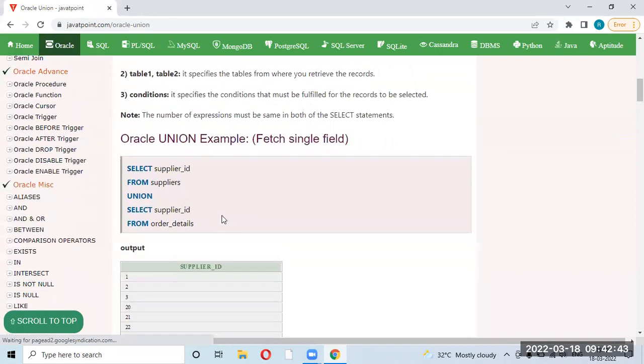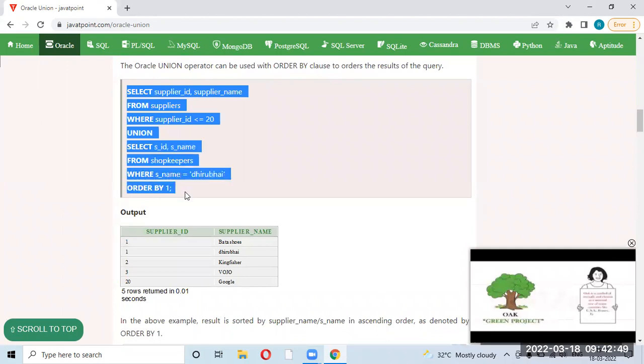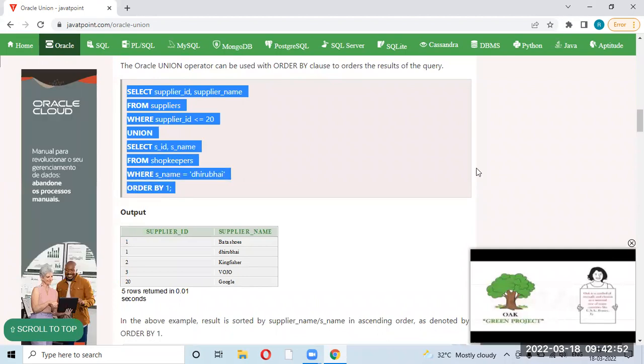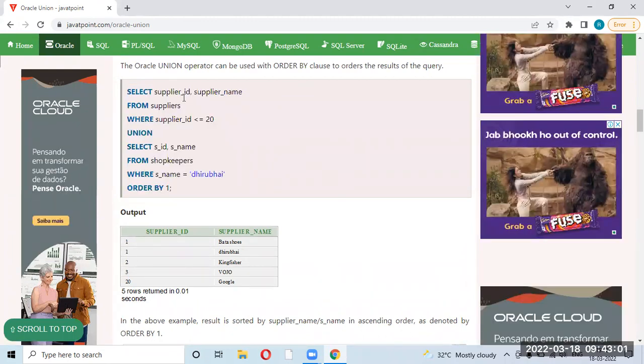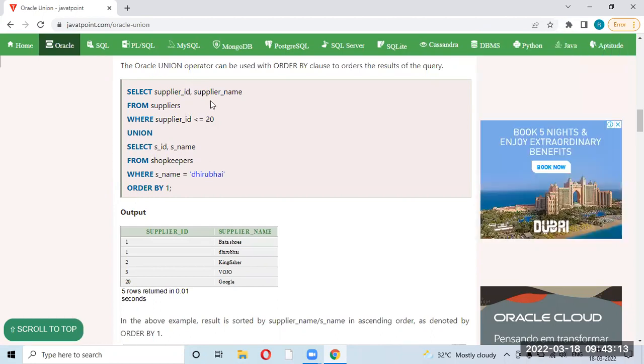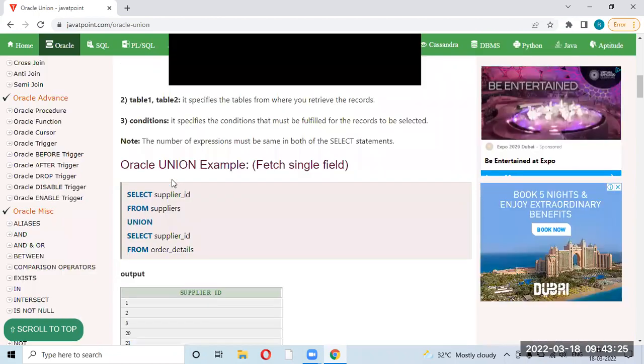Okay, so yesterday what we discussed: if you are using union, you will be getting all the records. Am I sharing or not? Yes, I'm sharing my screen, right? Yes, we can see your screen. So when I'm doing a union, I'm joining all the records present here and here. I'm combining it. Only the common records, the duplicate records, get filtered out. So this was about union.